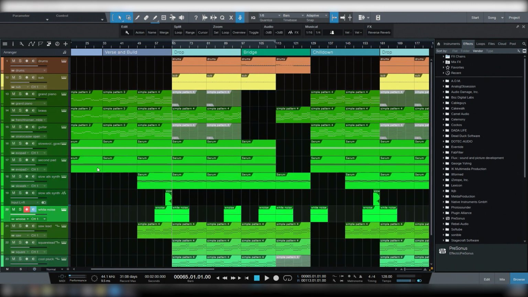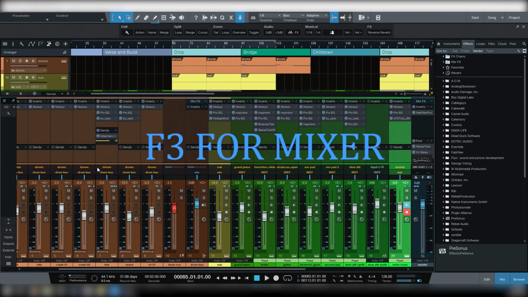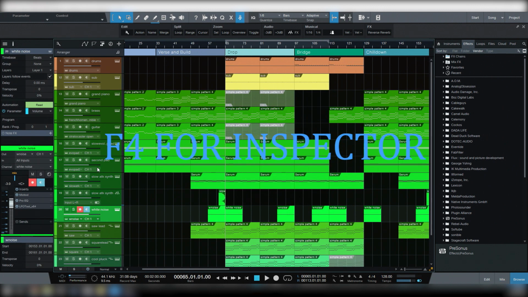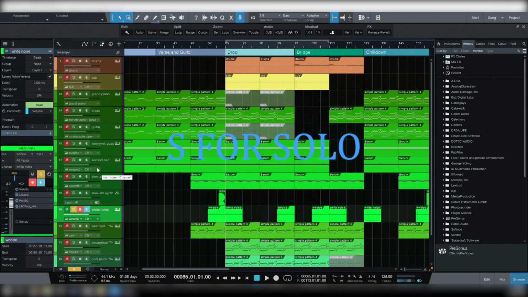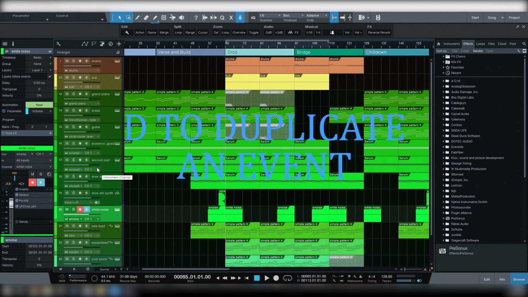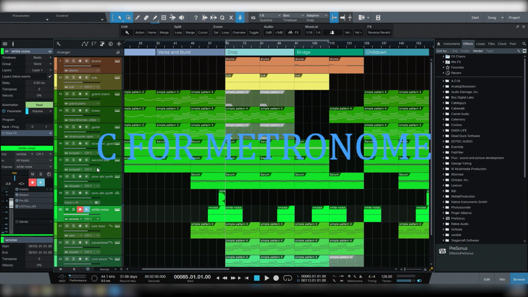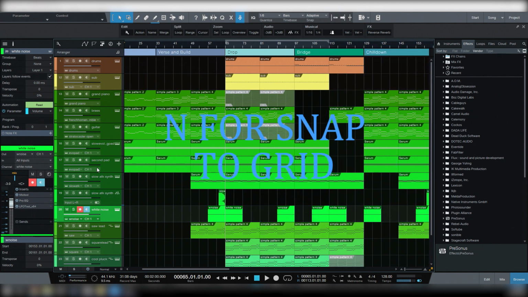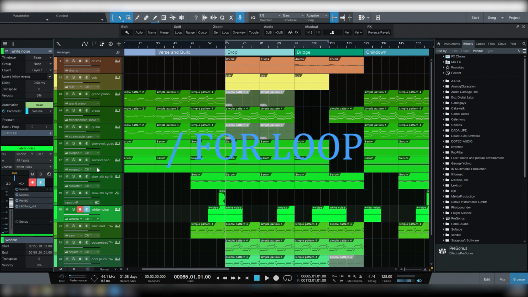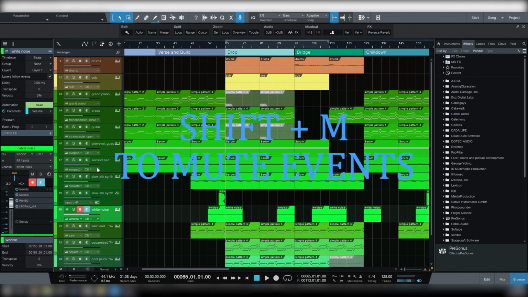Knowing your keyboard shortcuts is really important in improving your workflow. The shortcuts you absolutely need to know are F2 for editor, F3 for mixer, F4 for inspector, A for show automation, Alt plus A to create an automation lane for the most recently tweaked option, S for solo, D for duplicating an event, Q to quantize, C to toggle metronome, E to zoom in and W to zoom out, N for activating or deactivating snap to grid, / for activating or deactivating loop, Shift plus M for muting an event,